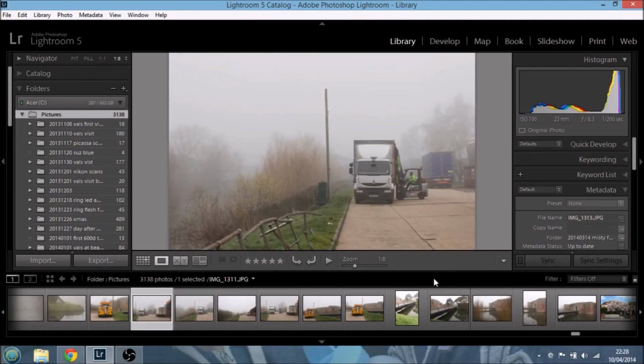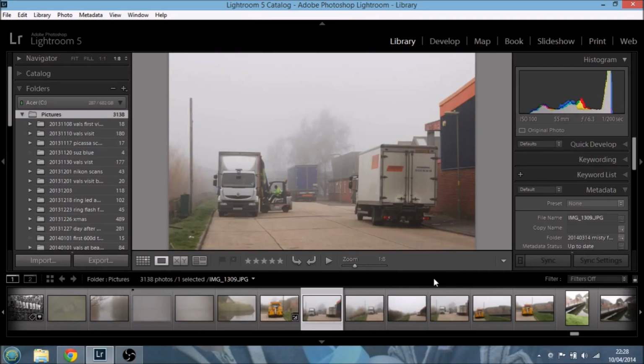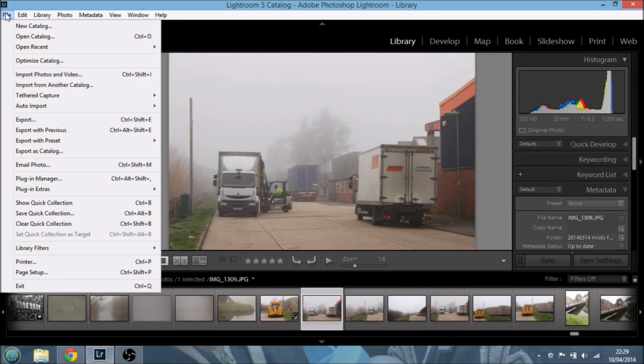However, the catch is that these previews do start taking up an awful lot of space on your hard drive. And so there's a setting to get rid of them. But obviously, as soon as these files disappear, then Lightroom will slow down as it will have to start rendering the files. So you've got to make a decision about how long you want to keep them. And if you go to